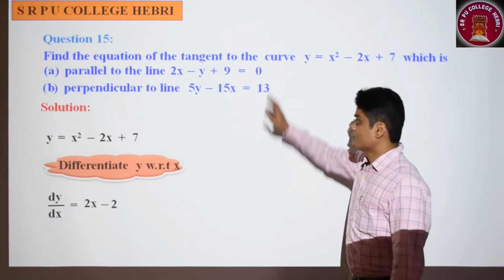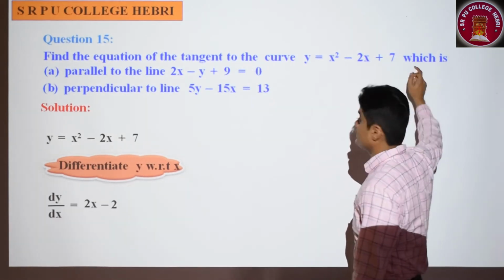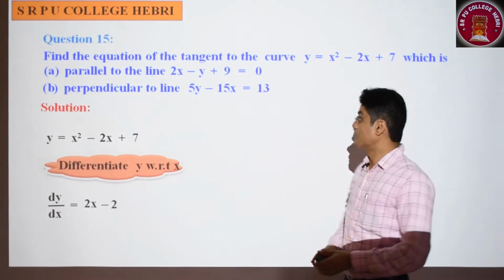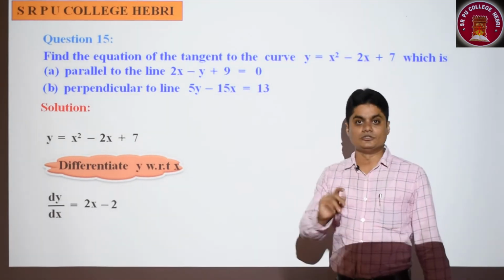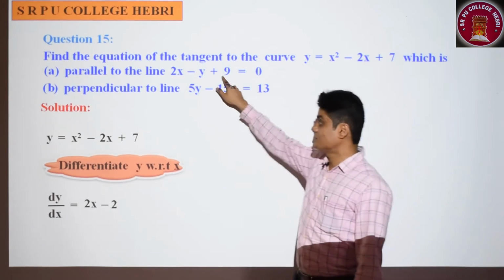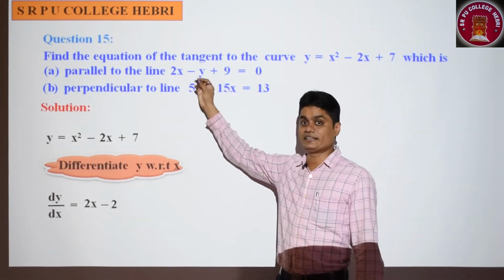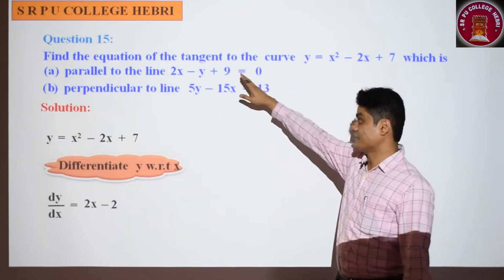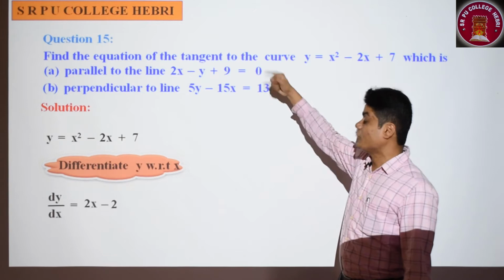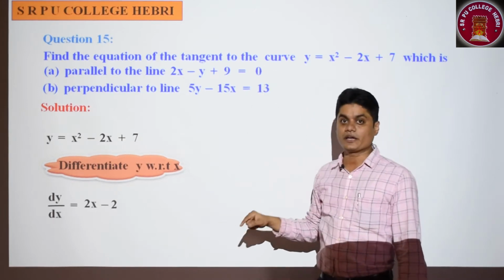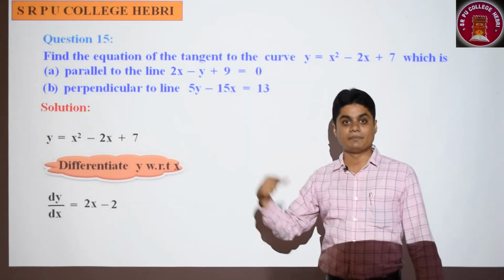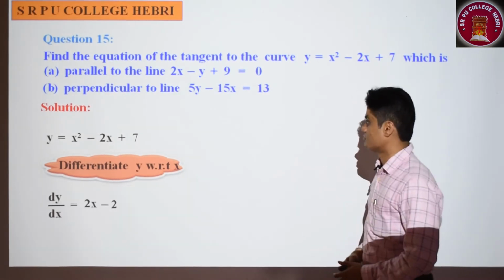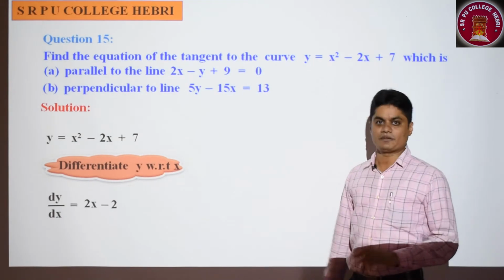See, to find the equation of the tangent, we need two pieces of information: the point and the slope, but both are missing. The point is not given, the slope is not given. But the slope is easy to get from this. Even if it is not given directly, we can find it within a fraction of a second. But the point on the curve is not easy to get. You already had experience in the previous part, so we will repeat the same thing for this particular problem. This is the simple part, 1 mark.